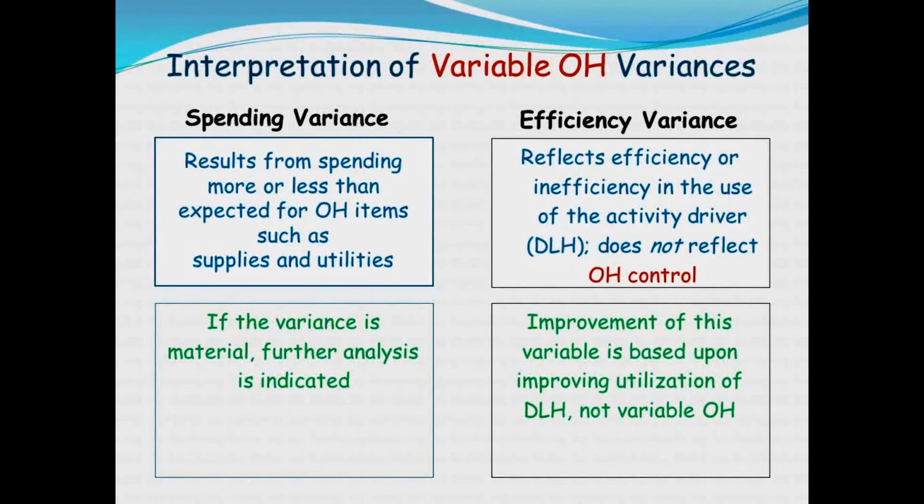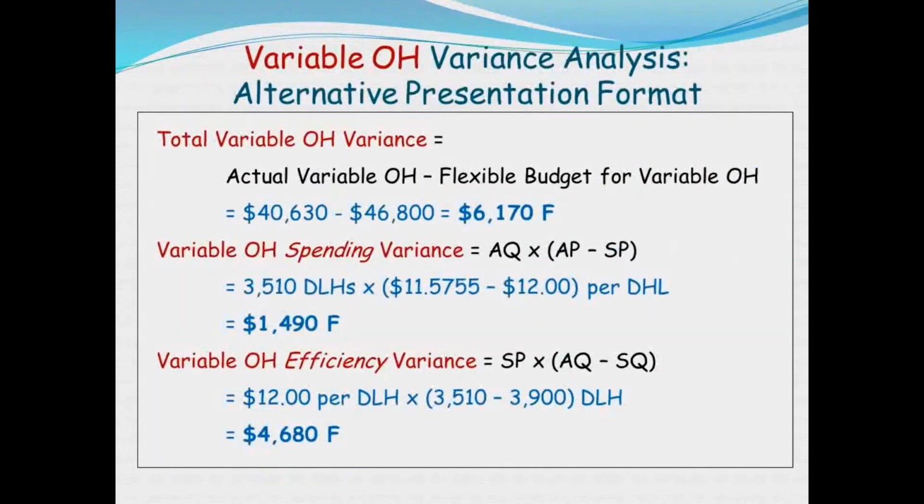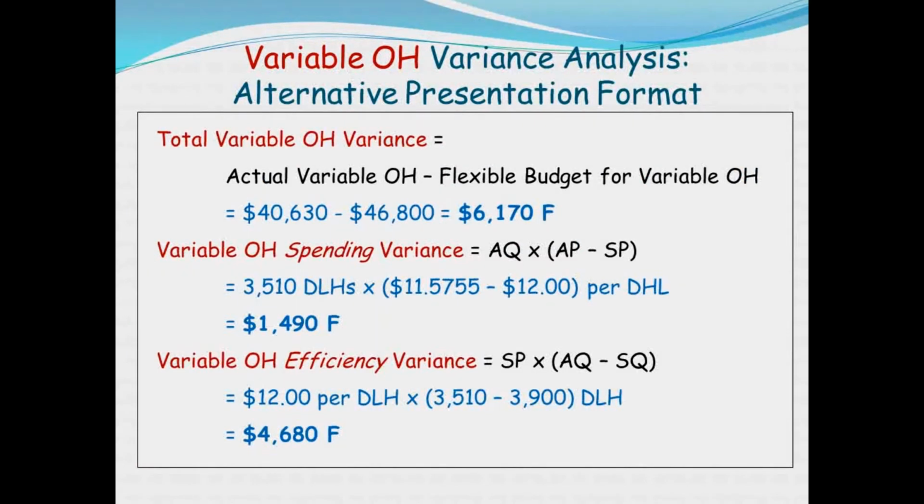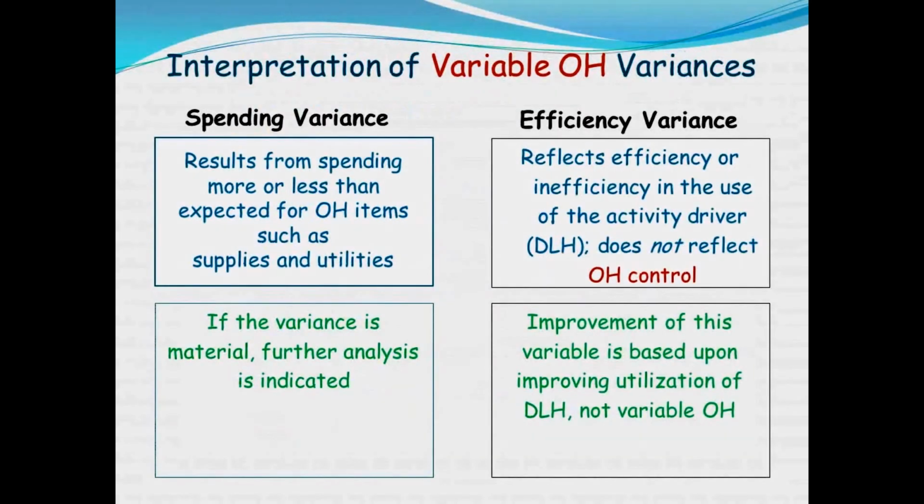Okay, how do you interpret variable overhead variances? The spending variance, in this case 1490 favorable, is one that you can actually do something with. You spent more or less than you expected to spend for the overhead items, so supplies and utilities. So for those items, that spending variance is something you might want to look into